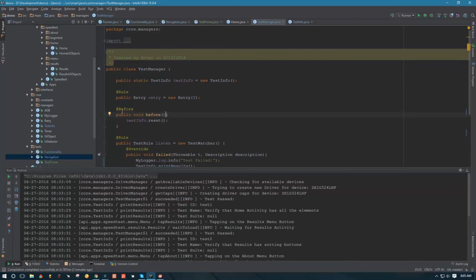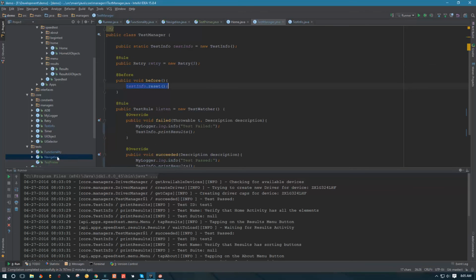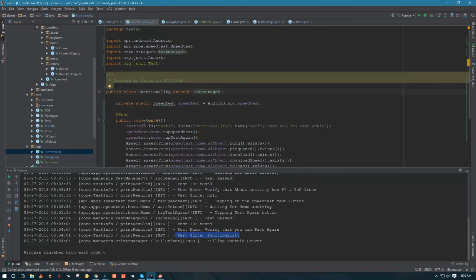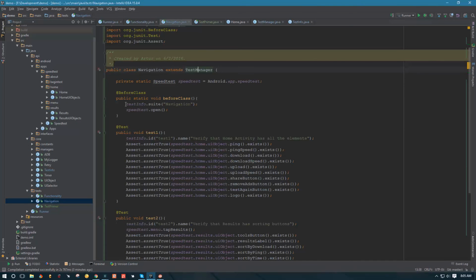and I think the reason that this did not work is because in before, right here, we actually reset test info. Yep, that's why it did not work. And if you look at the output later down the road, we actually see that test 4 worked because we have our test suite set inside of the test itself. So that's why this worked. So for now, I'll try to address this in the future videos,